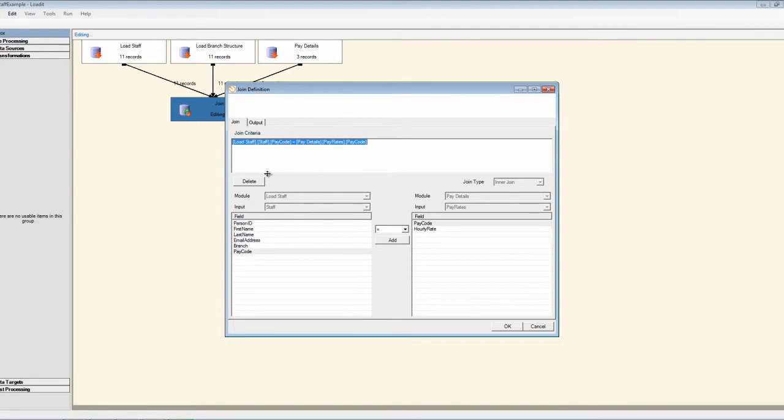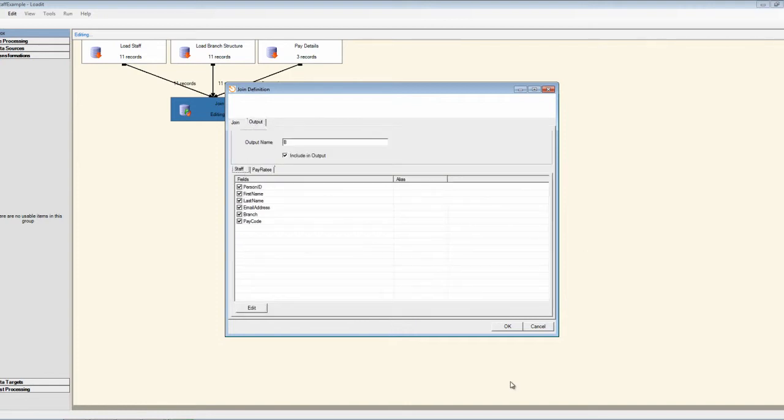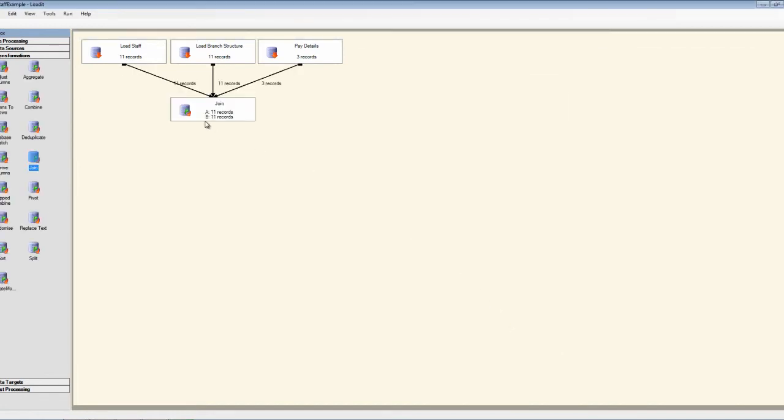Now supposing that's not the behaviour we want, and we actually want to output all staff regardless of whether or not they have a matching pay code. So if I remove that join and then re-add it, but this time I'm going to add it as a left join, and that means all of the records from the left hand data set, so this staff data set here, need to be returned irrespective of whether or not they have a corresponding field in the right hand data set. So I'll leave the other selections as they were, press OK, and now you see we've got 11 records returned,